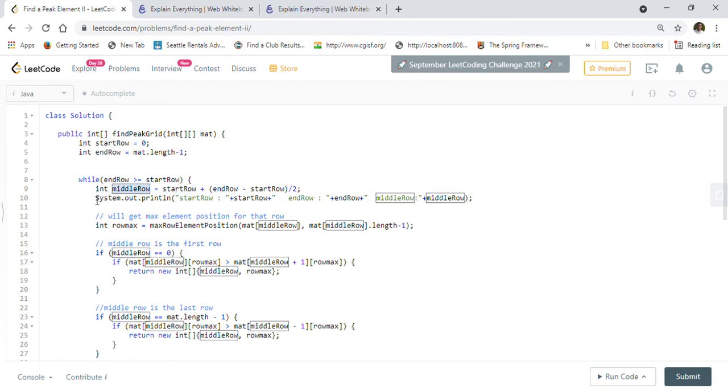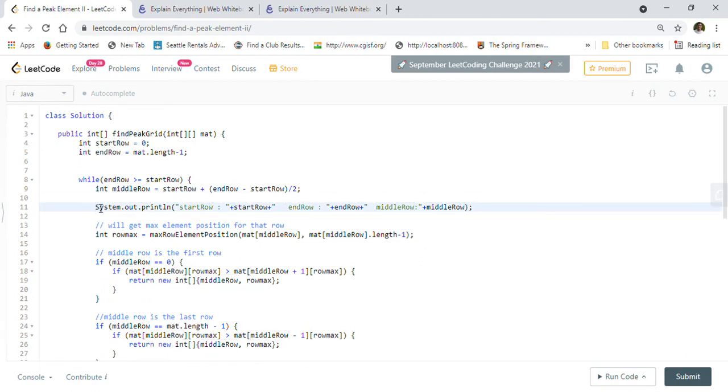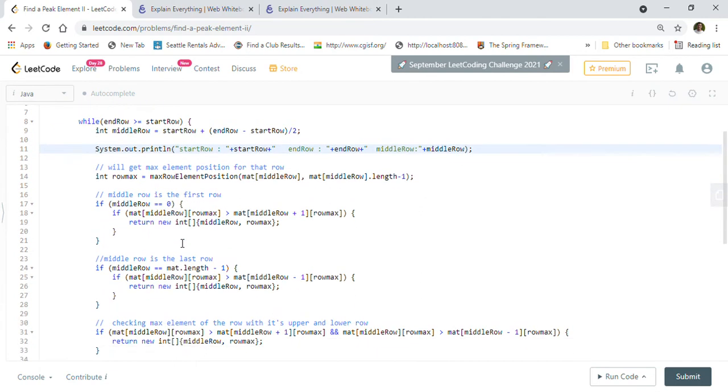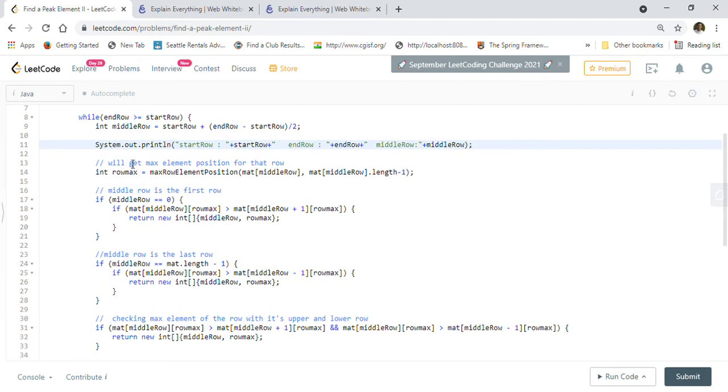And then I'm just printing it so I can show you how I was debugging. I will just remove that. But here we are trying to get the max position element for that row. So once we know which row we are on, the middle row, we will find that row's max position here.